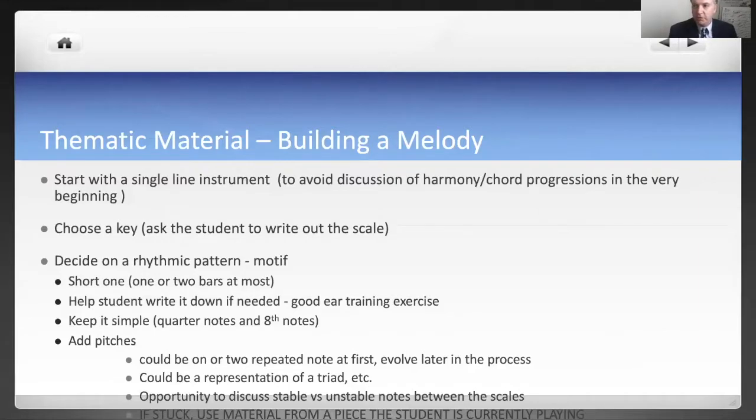So in this particular case, it will be a great opportunity to discuss the notes that are more important versus less important within our scale, right? So the more important notes are the tonic, the third, the fifth, and create the tonic triad. The less stable notes are the 2 and the 4, maybe the 6 scale degree, obviously the leading tone. So you can figure out, okay, how about